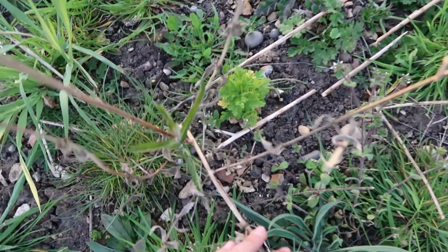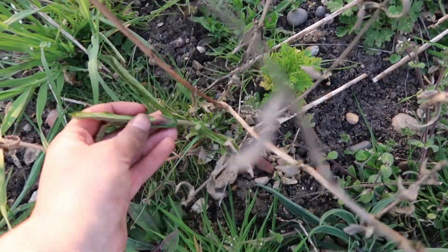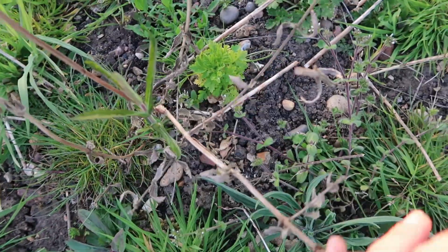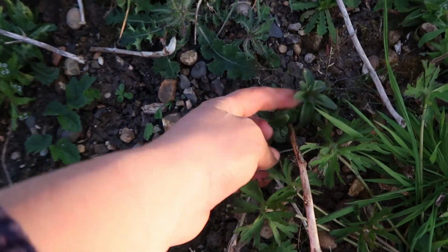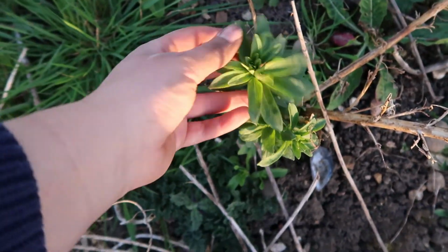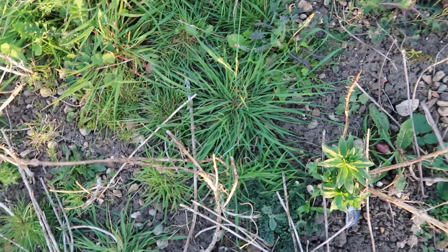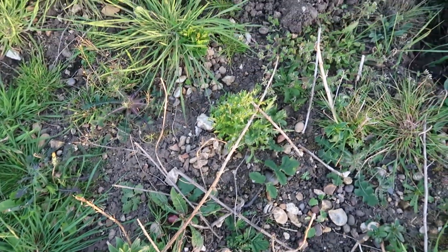Now I've also got a verbena that's coming back, and so I'll give this a prune and then I will dig it up and relocate it once the beds are all finished. And over here I've got a couple of plants that I wasn't expecting to come back. These are my antirrhinums from last year. They're Madame Butterfly, and because we had such a mild winter they've all started re-sprouting, and so I'll give those